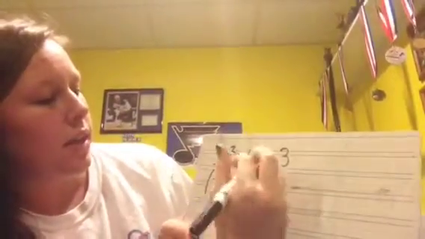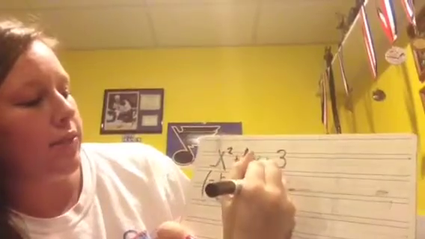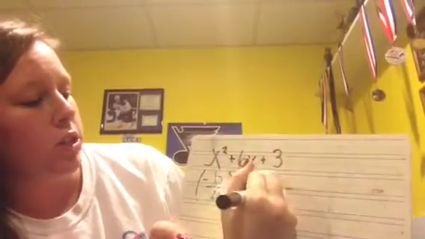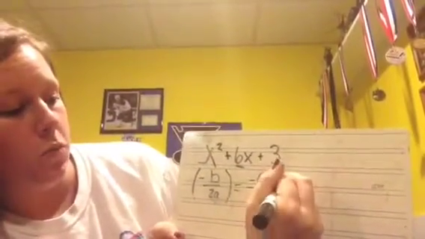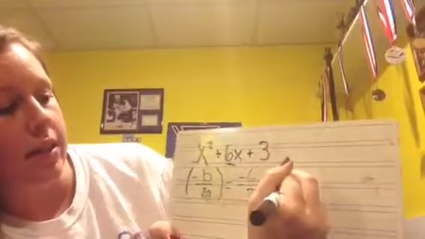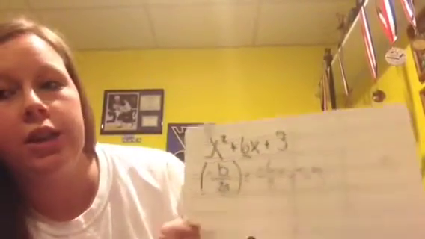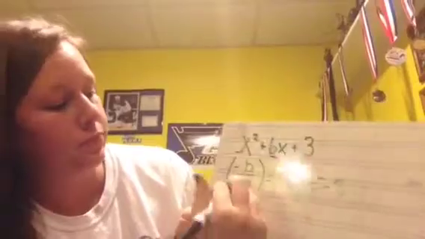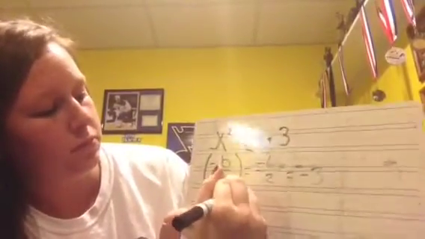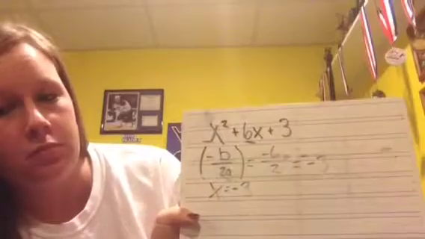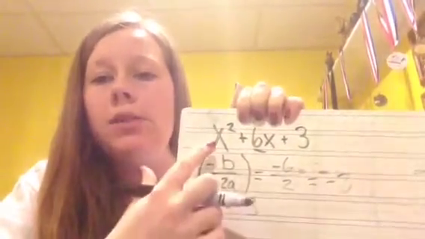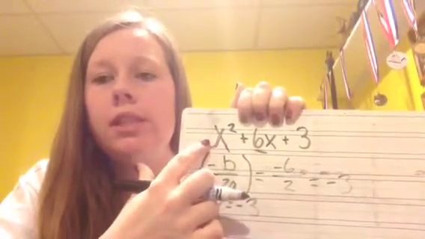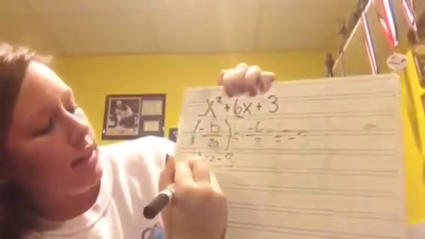So, you're going to have negative b, so negative 6 over 2 times 1, so over 2, which simplifies to negative 3. So your x-coordinate is negative 3. Now to find the y-coordinate, you're going to plug that negative 3 back into the original equation in place of the x. So you will have negative 3